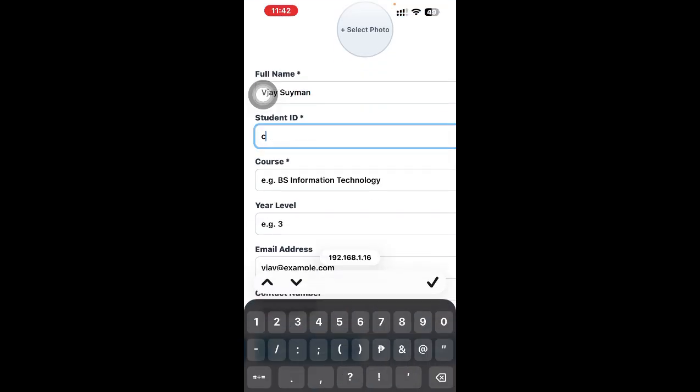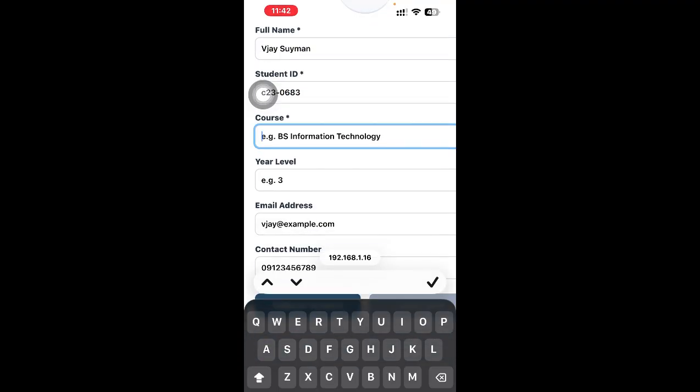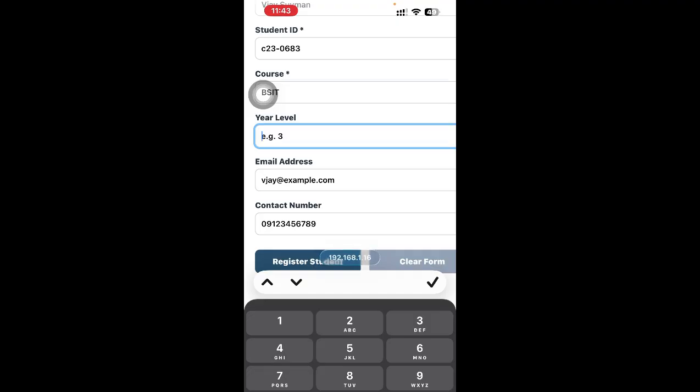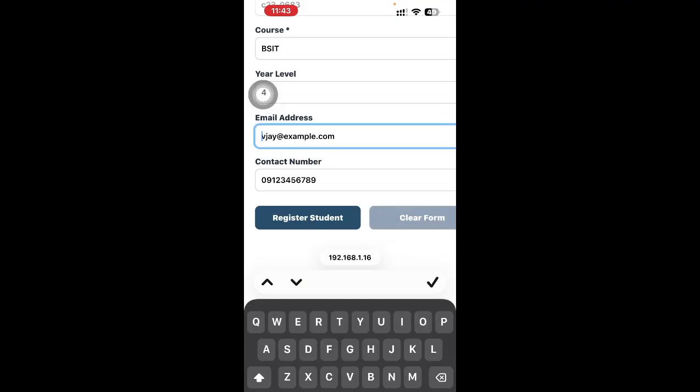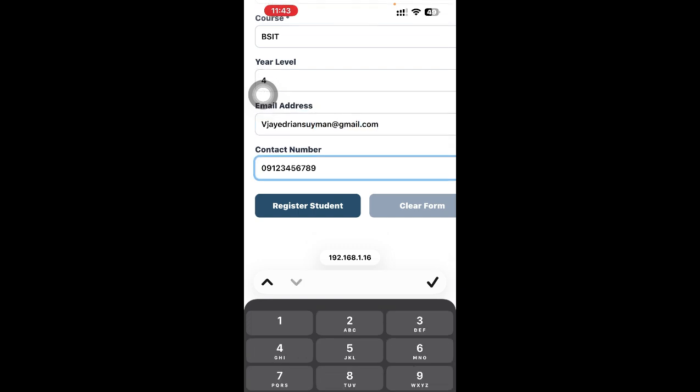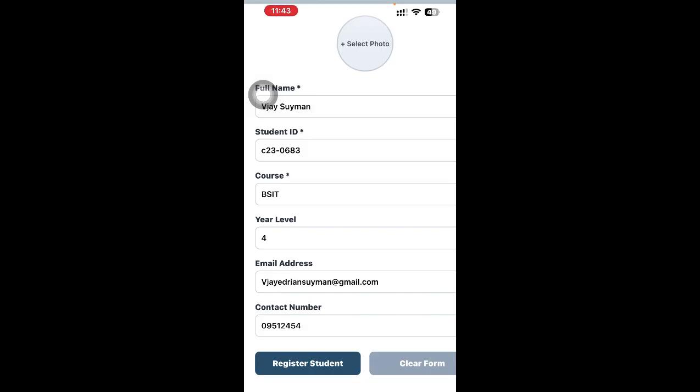student ID C230683, course BSIT, year level 4th year, then VJ Adrian Sigman, and then the number, then register student.